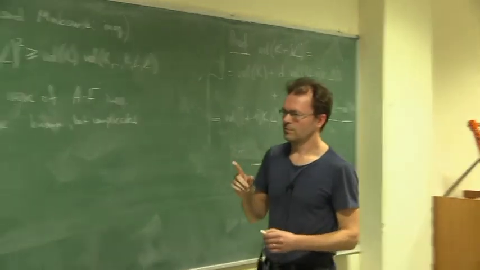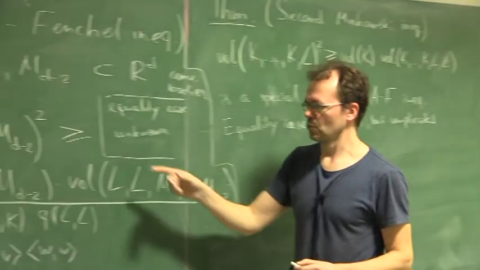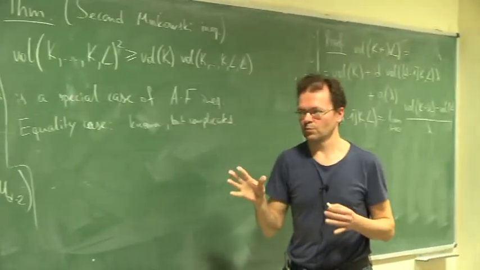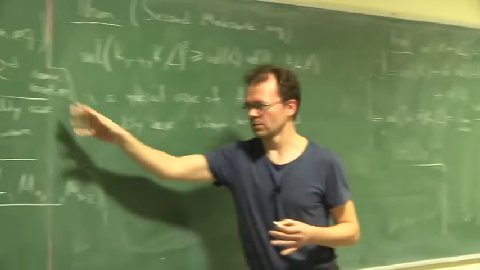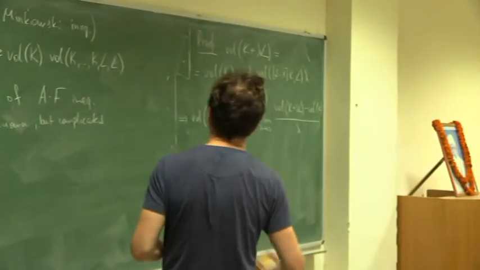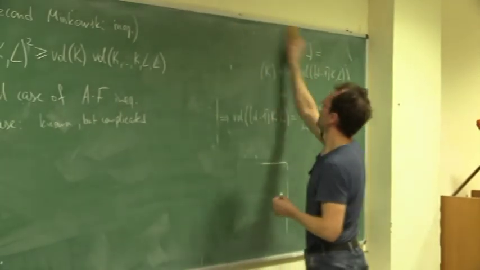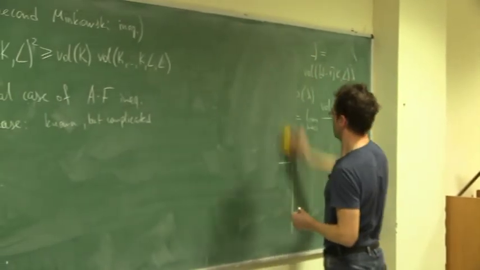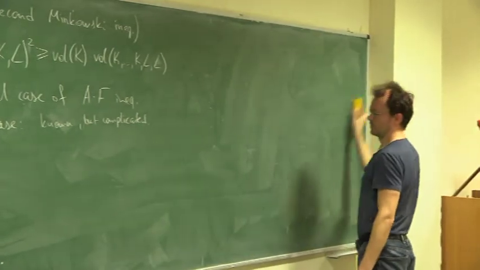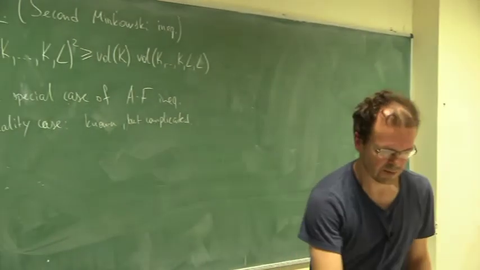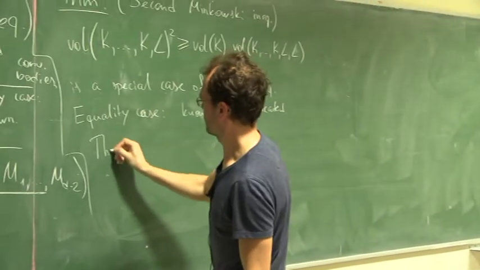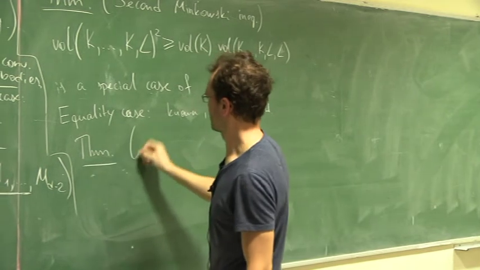I think, but I'm not sure, the equality case is known for polytopes. So if one assumes that these are polytopes, then one can describe the equality case. And then, so I start with the second Minkowski inequality. The first Minkowski inequality is